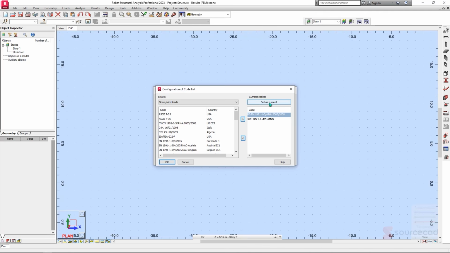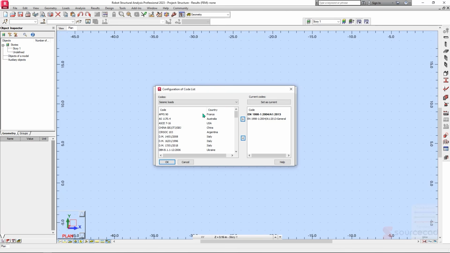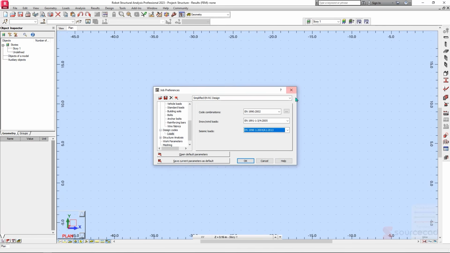Let's say I want to set this one. I can set it like that and it will be bold, but I want to use Eurocode. You can click on OK. The same with this, more, and the same philosophy applies. And if you want any help, you can just click on help and the pop-up help window will be shown